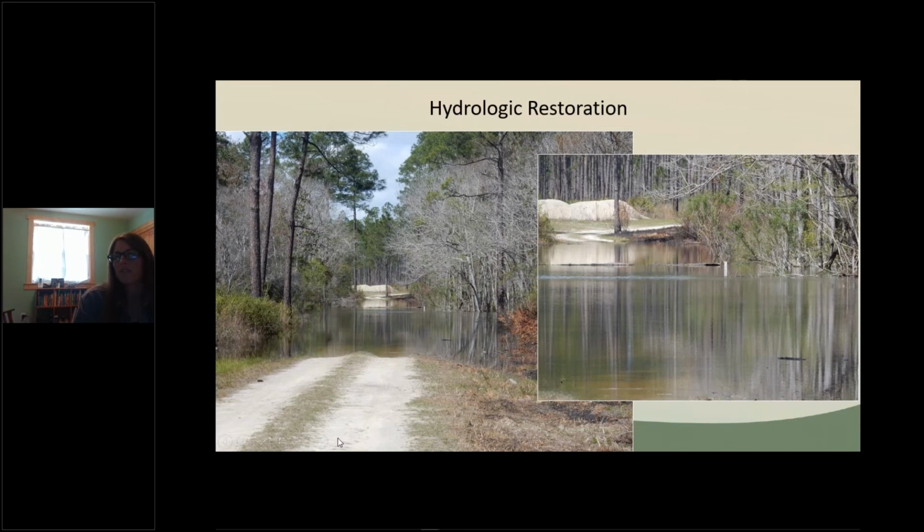If you're not familiar with a low water crossing, you find them a lot on our dirt roads, and they'll kind of give you a clue that it is a low water crossing. There'll be gravel on both